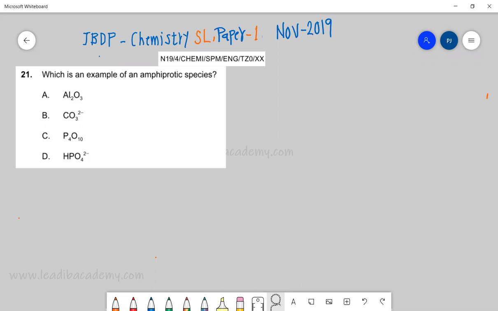We are discussing the IBDP Chemistry SL Paper 1 2019 video solutions. But what is more important is that it is not going to be just the solutions, we'll be discussing the underlying concepts. That will make it very interesting, and it will be some kind of a revision of the concepts. But in case you are interested in knowing those concepts in detail, you can very well visit our